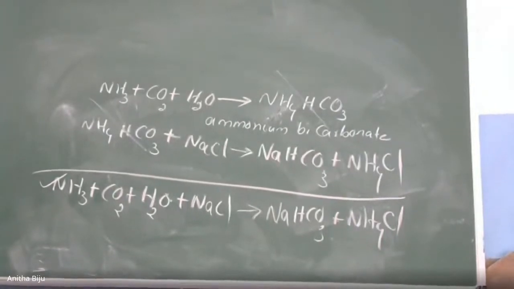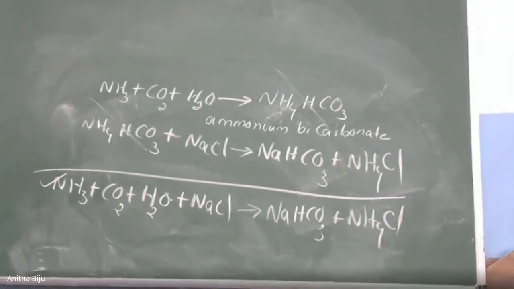Now let us think about some properties of baking soda. Okay, first property is it exists in the form of a white crystalline solid, and of course it is partially soluble in water. Partially means sparingly soluble in water. Now you can write, when baking soda reacts with water, what are the products of it?